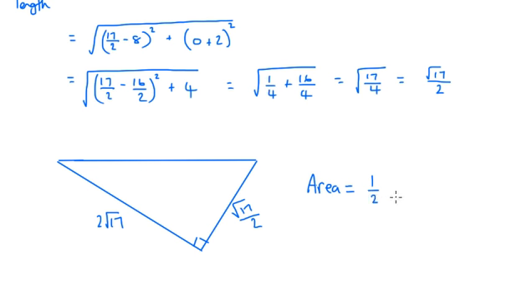Half the base times the height, so half of root 17 over 2 times 2 root 17. That 2 can cancel with one of these 2's. The root 17 times root 17 is going to be 17. We've got 1 over 2 left. So the final